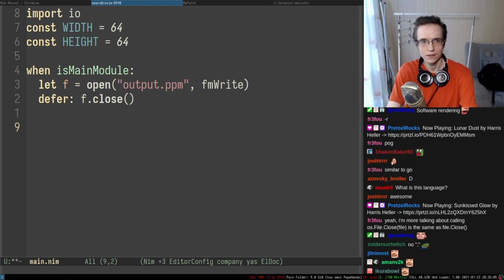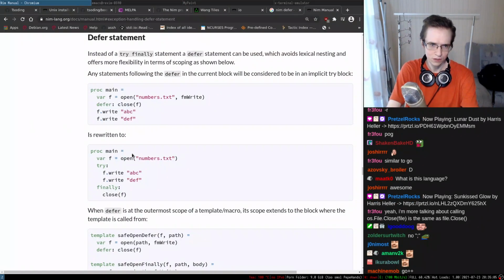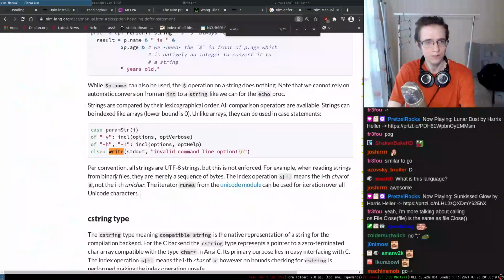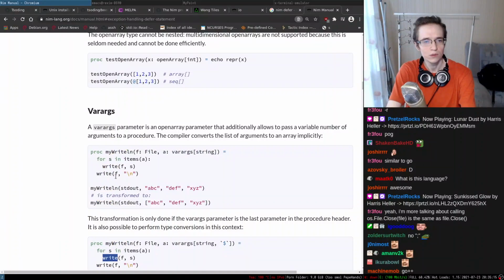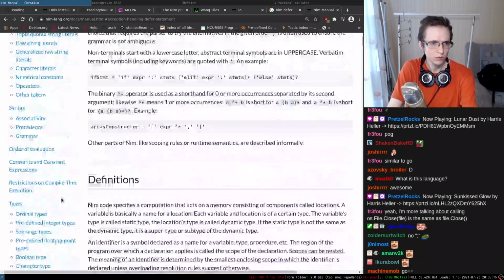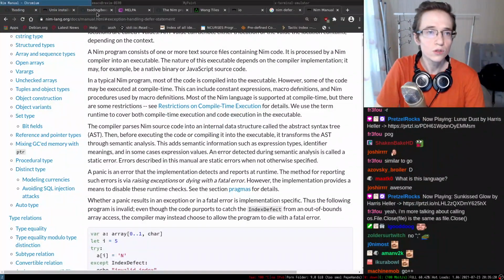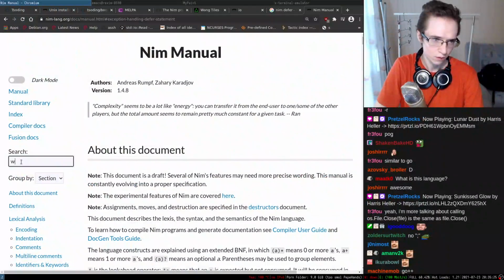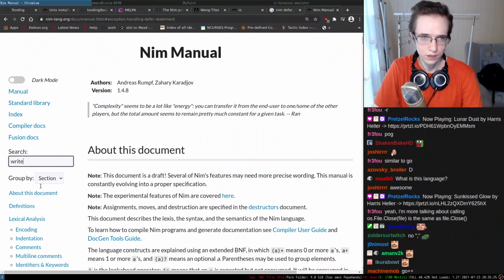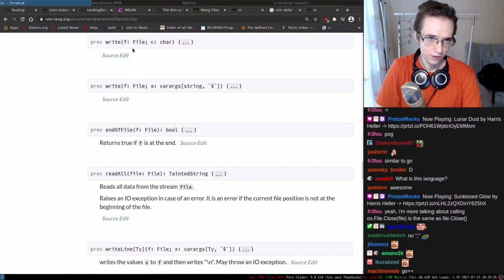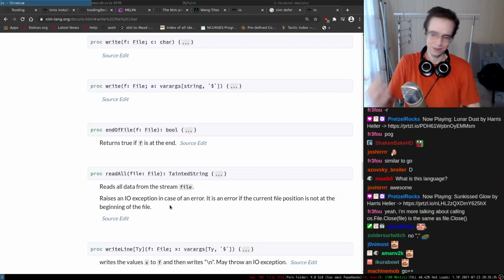Okay, so, and after that, I think we also have to have a write, right? So, where is the write function? Where is the write function? This is not particularly convenient to search in, unfortunately. So let me try to search for this thing. I wish documentation was a little bit better, but here it is. I can actually save a single character, which is nice. Because we're going to be writing bytes in there.